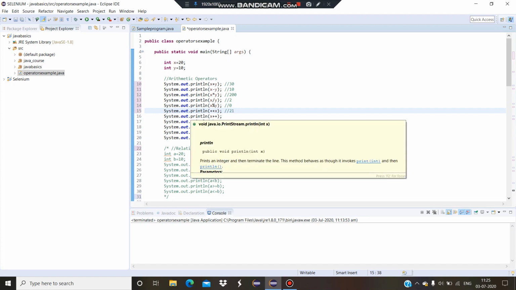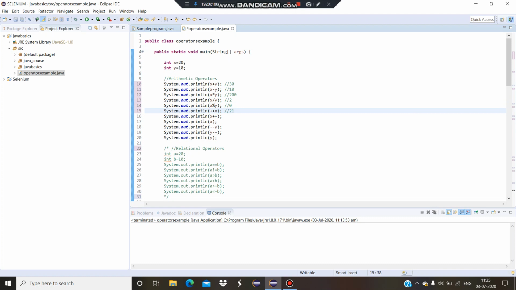Then I have given x++, which is an example of post-increment. The post-increment looks for the semicolon, and once it has, it will apply the increment in the next statement only. So I have given the next statement as System.out.println(x) to show the output of the post-increment, and here it will be 22.